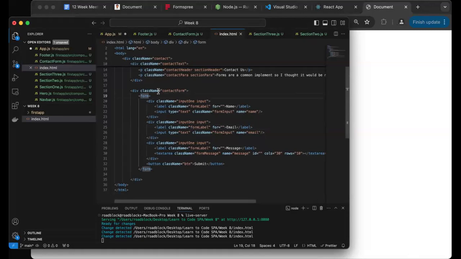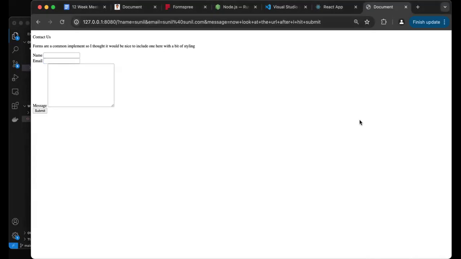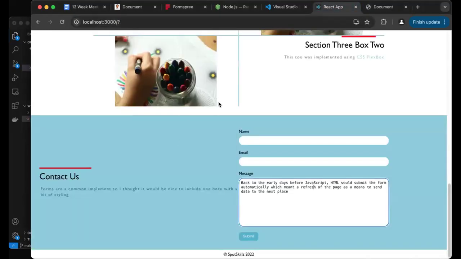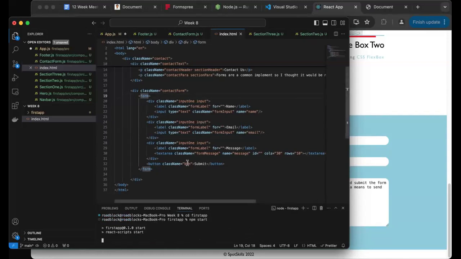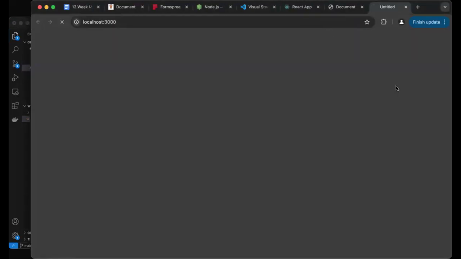And that was how forms were built back in the day because there was no JavaScript. And so today we have JavaScript. And so we want to capture this data and do something with this data inside of React. So all of that to say, now I'm going to show you how to put all this stuff into React. So let's go back to our project and let's run our project again. And inside of our project, we are going to see